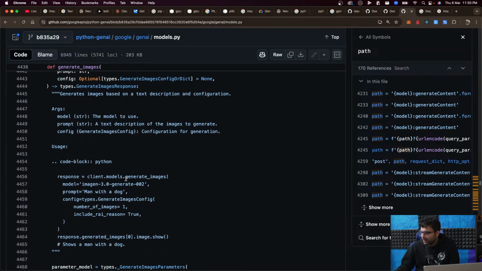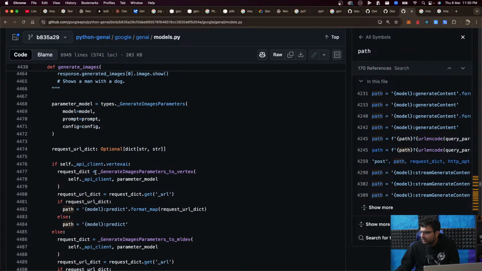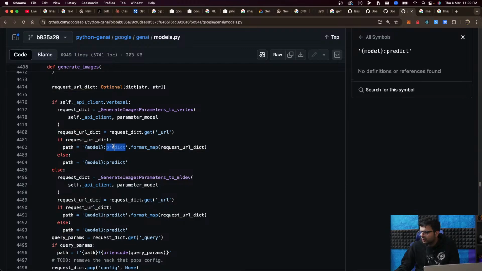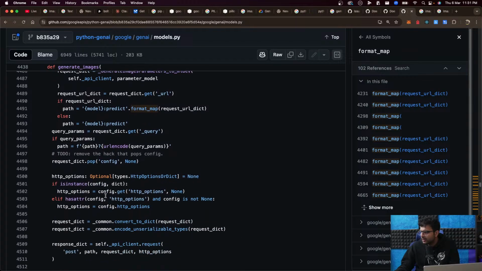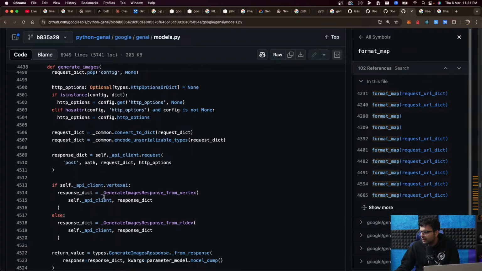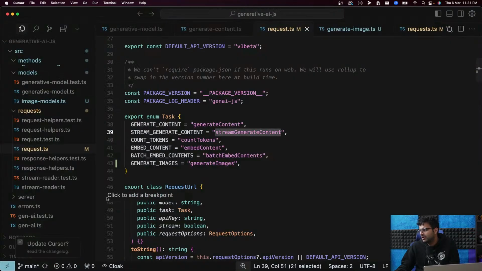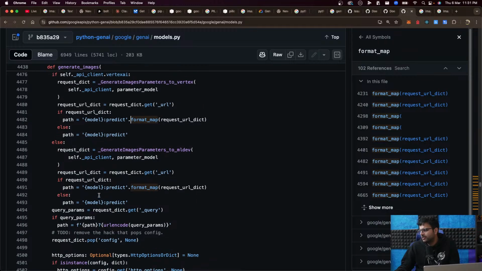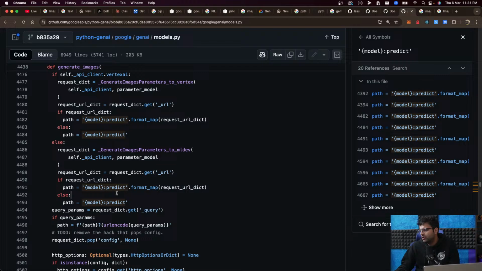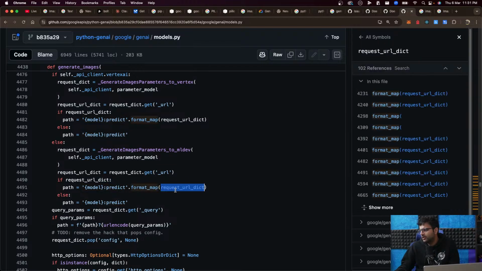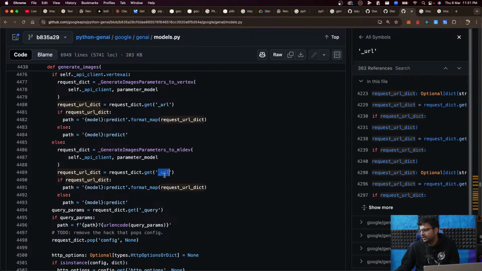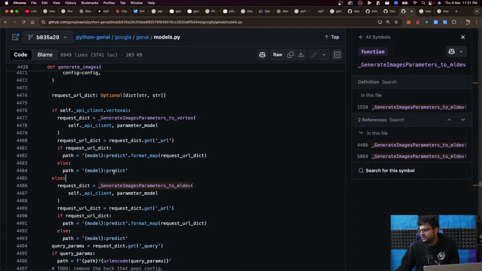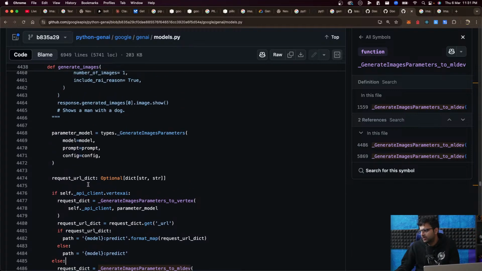Where is the path? Request URL dictionary models colon predict dot format. Path equal to this. Model colon predict dot format map request URL dictionary. Yeah, the endpoint looks different, unless I'm wrong here.